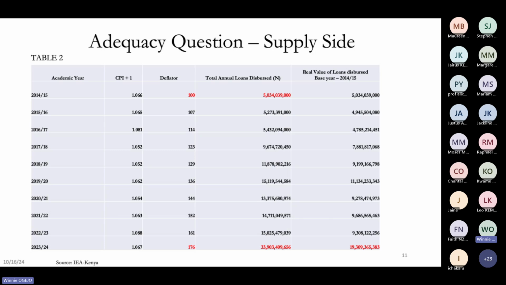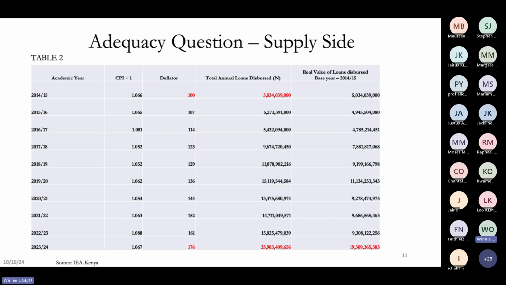And the answer to that is, for you to be able to maintain that buying power in 2023-2024, you should be spending 176 Kenya shillings. So if you're maintaining that buying power, 100 shillings in 2014-15 is equivalent to 176 shillings in